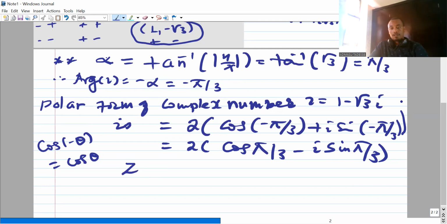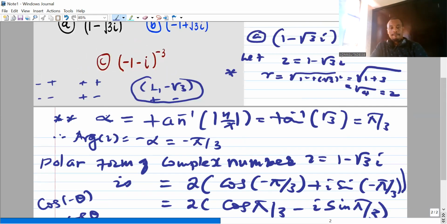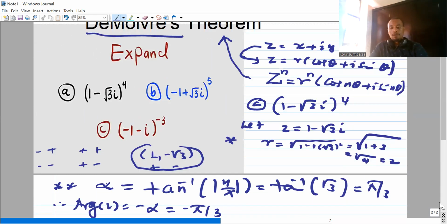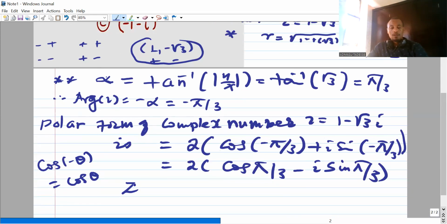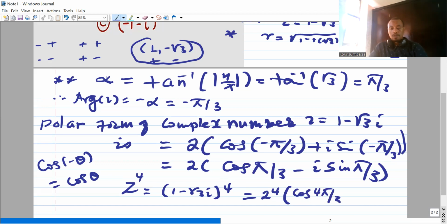ግን የተጠየቀው ምንድነው? z is to the power of what? የተጠየቀው z to the power of 4 ነው, that is a complex number to the power of 4 ተባለ። Or 1 minus root 3i the whole to the power of 4 ነው የተባለው፣ polar form ይሄ ነው። So by using the DeMoivre's theorem, 2 to the power of 4 ይሆናል, cos of 4 pi over 3 ይሆናል, minus i sin of 4 pi over 3 ይሆናል ማለት ነው።